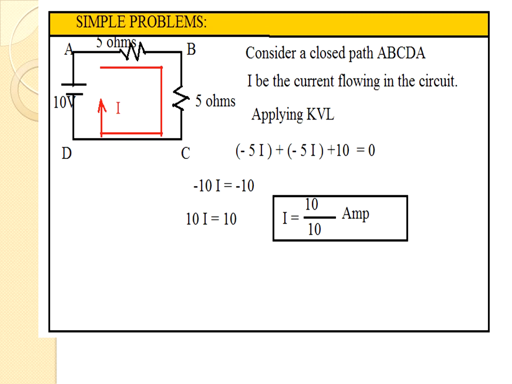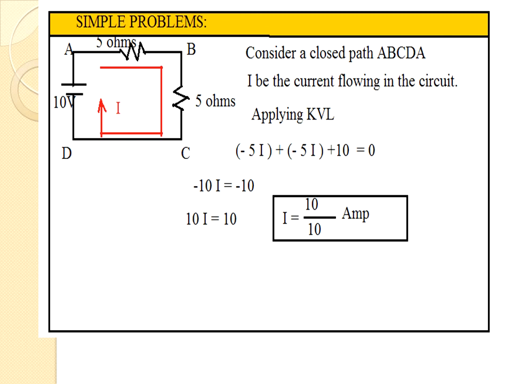we have to write. See there, current is flowing from A to B. Loop direction is also from A to B. Hence, there is a fall in potential. I into R, R is 5 ohms, that is minus 5I, plus again the second resistance value is 5, current flowing is I, again current moving from B to C, loop direction is also from B to C, hence fall in potential, plus minus 5I.